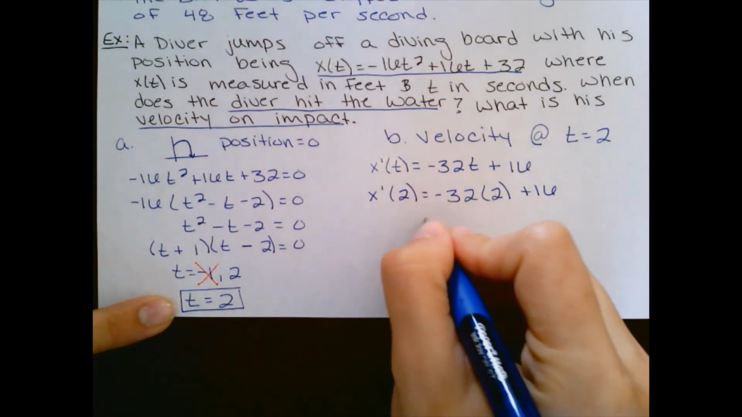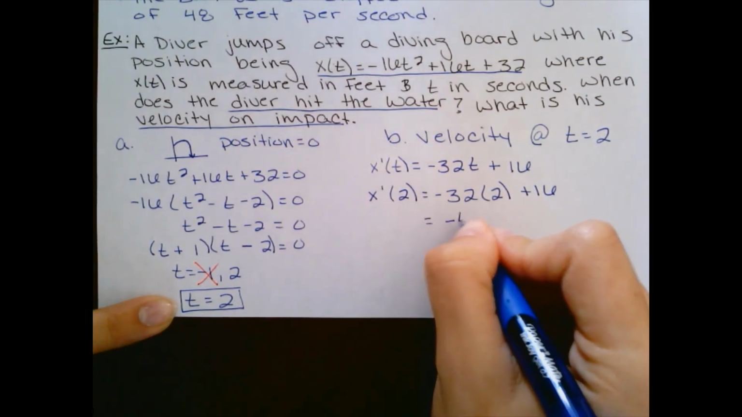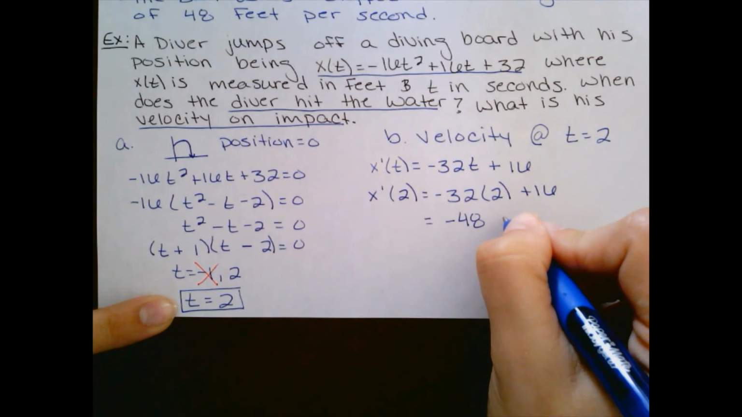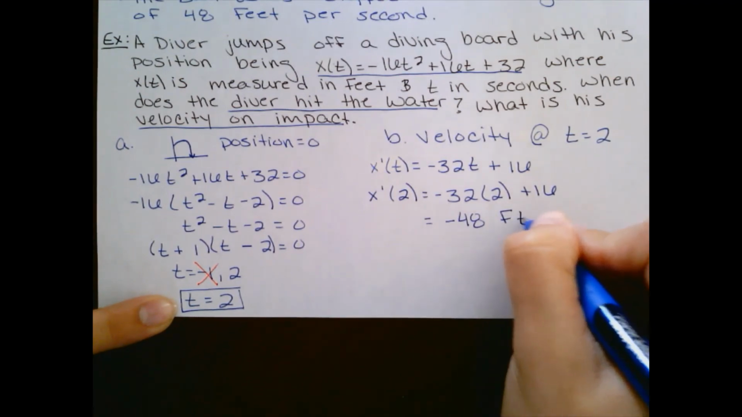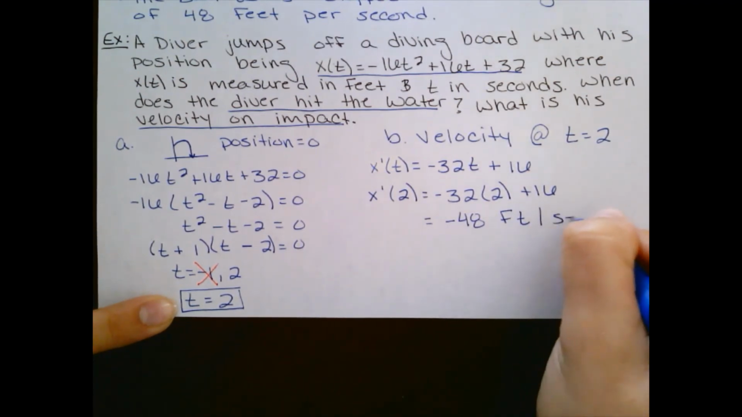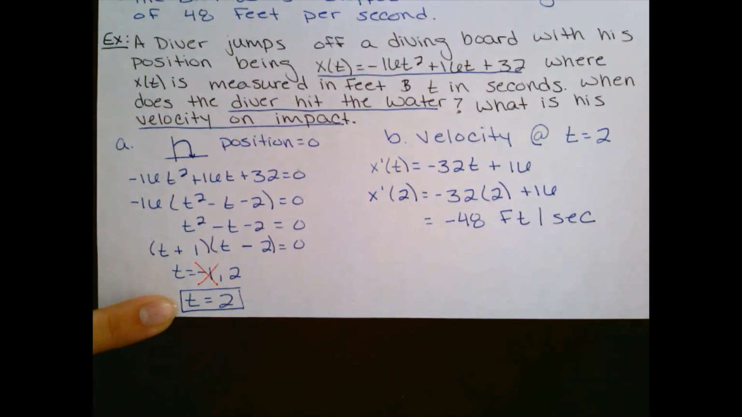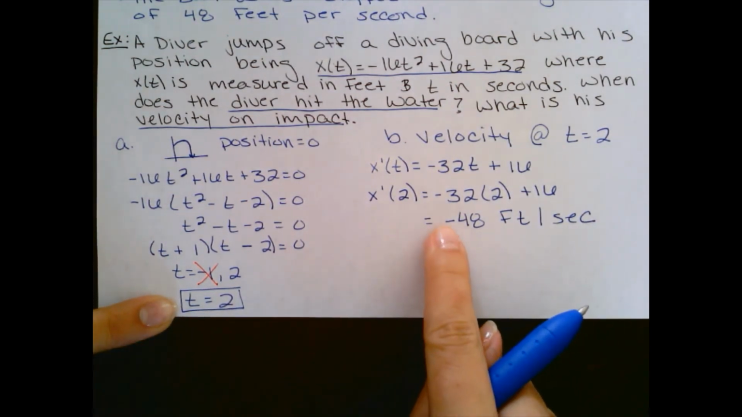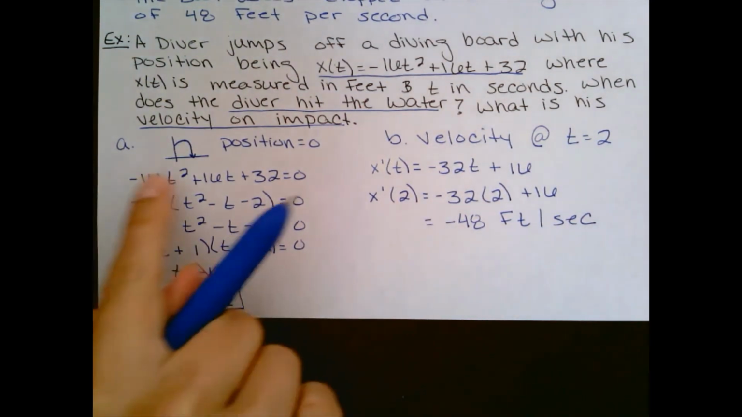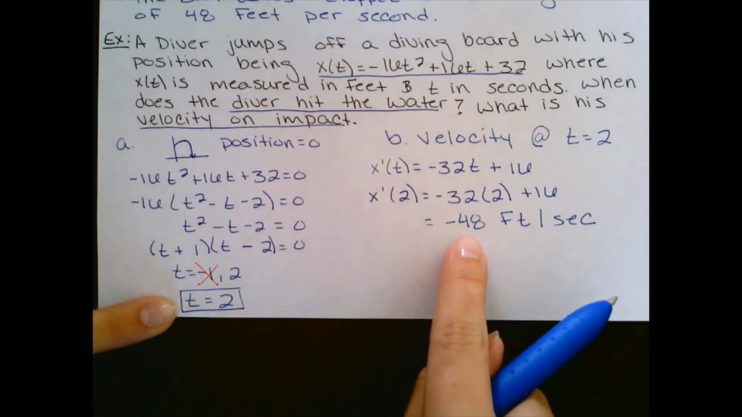Okay, and you should end up with negative 48. And then velocity has my distance per time. Okay, remember that this means he was going downward. So when he hit the water, when he splashed in, this was his velocity. Okay,